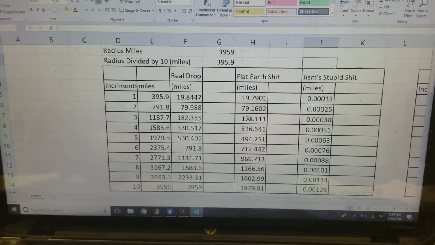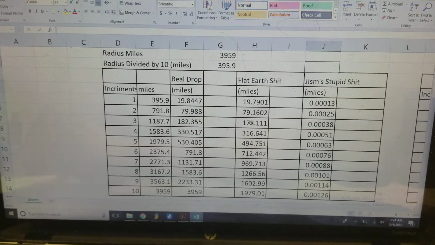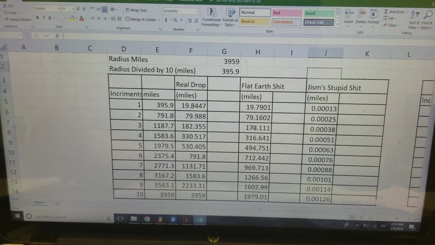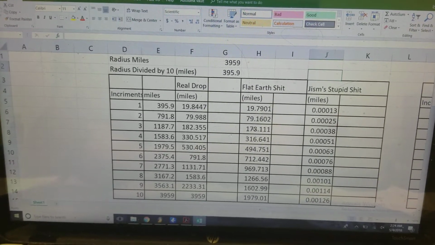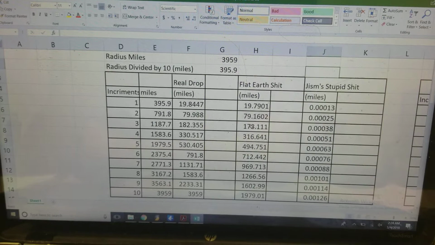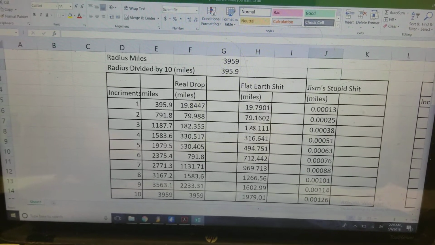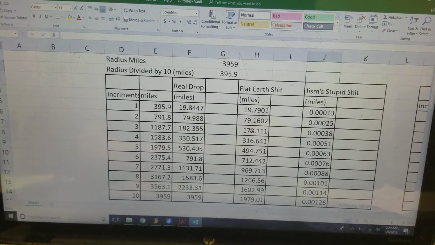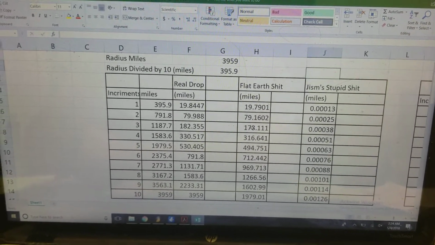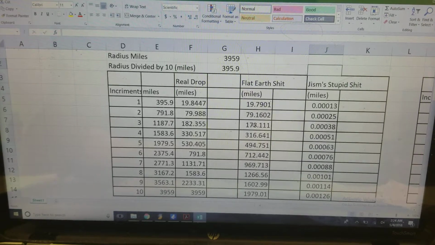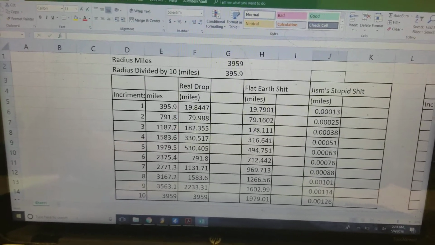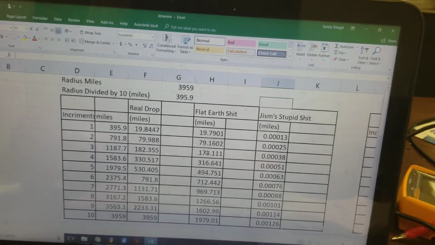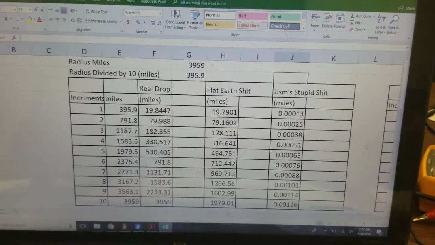But anyway, I thought I'd take a break from my thesis and show Jism, or Jeranism, why this flat earth 8 inches squared per mile formula doesn't actually work. Although the 8 inches for short distance is an approximation. The 8 inch formula is an approximation. Okay, so